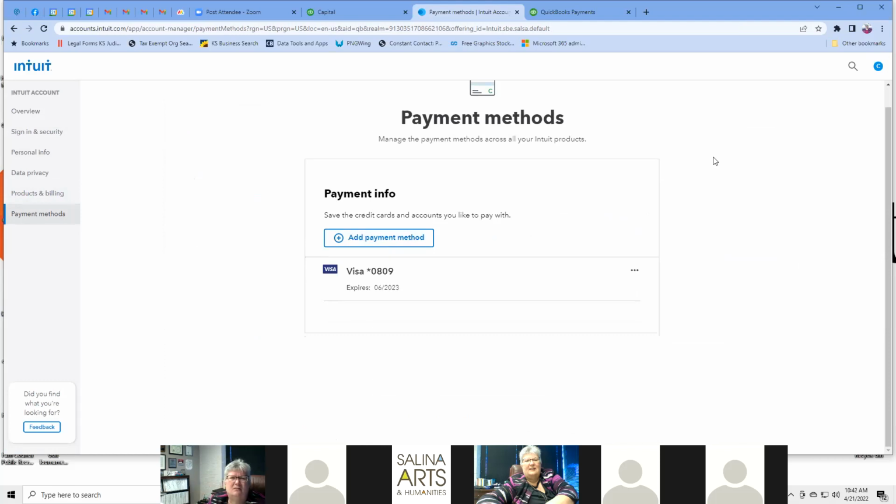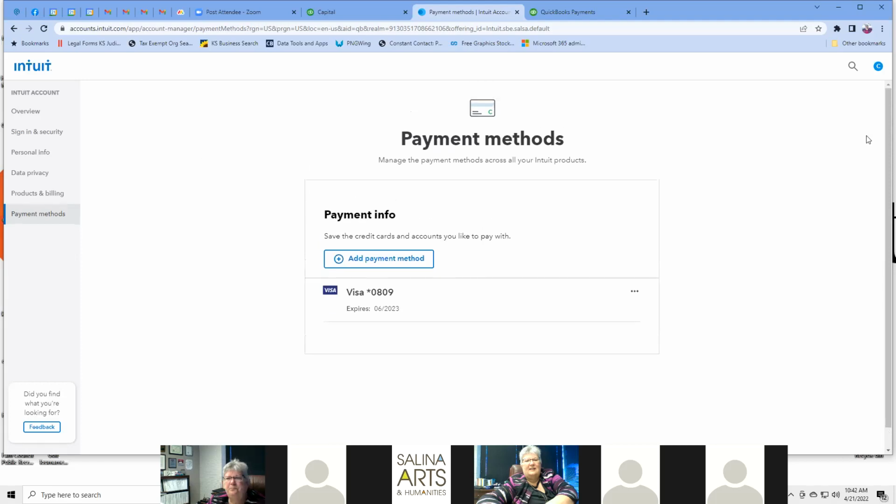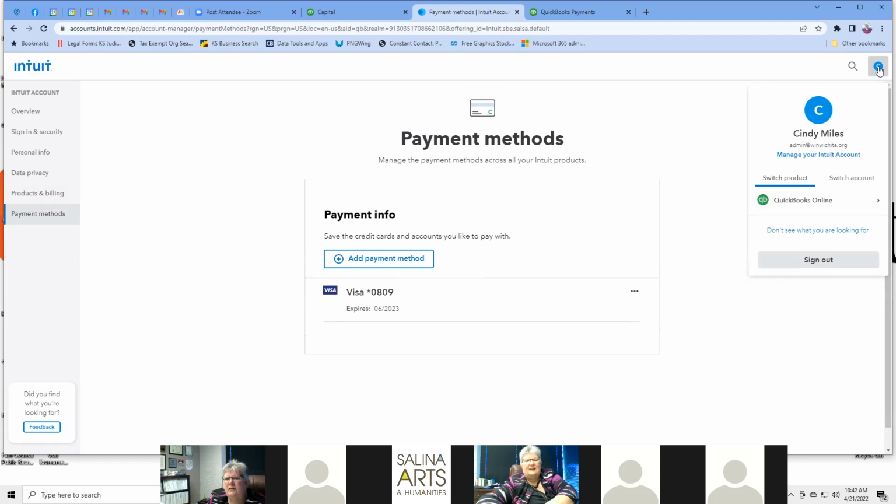If you've got QuickBooks Online for $75 a year through TechSoup, you would pay that through TechSoup, so you wouldn't necessarily have to have a payment method set up in QuickBooks. But if you were subscribing to QuickBooks Online as a small business, they'll automatically bill you every month, so certainly that would be a reason to set up that payment method. All right, and then